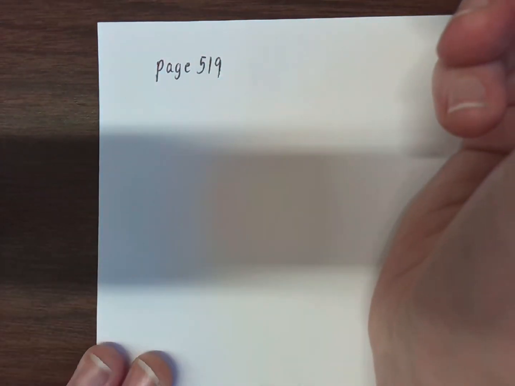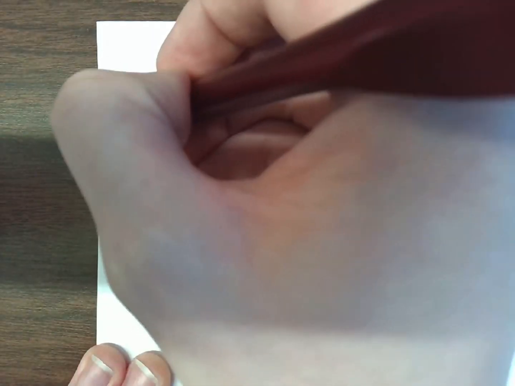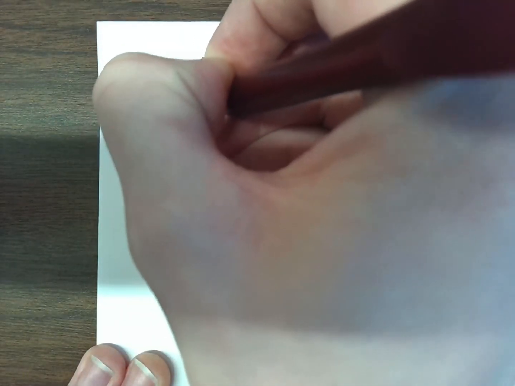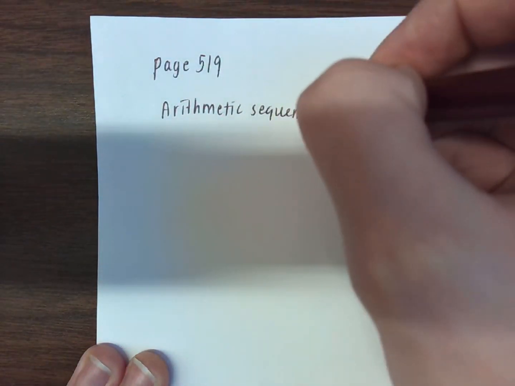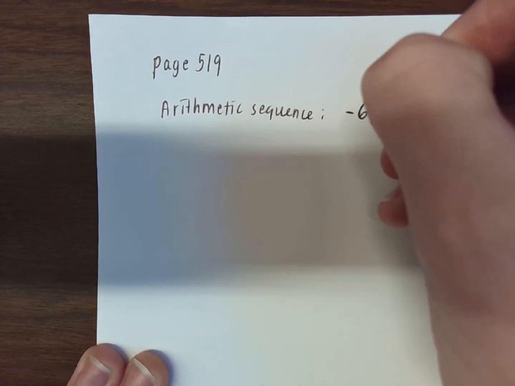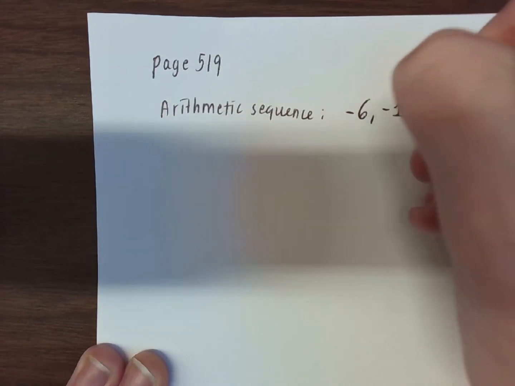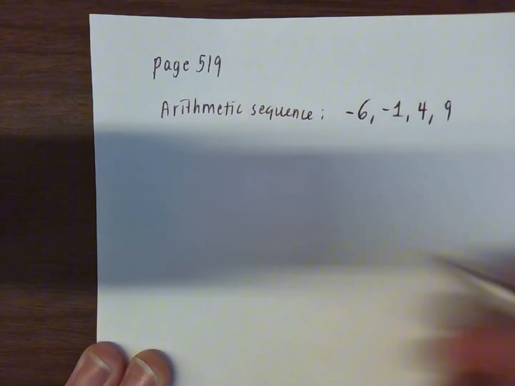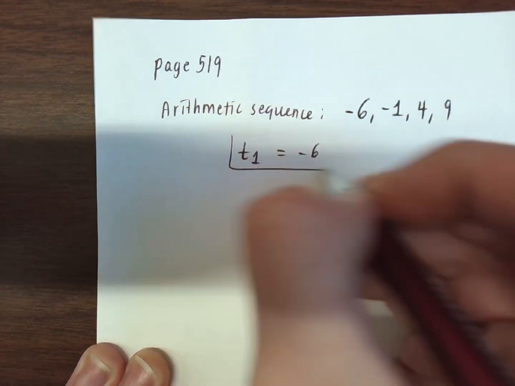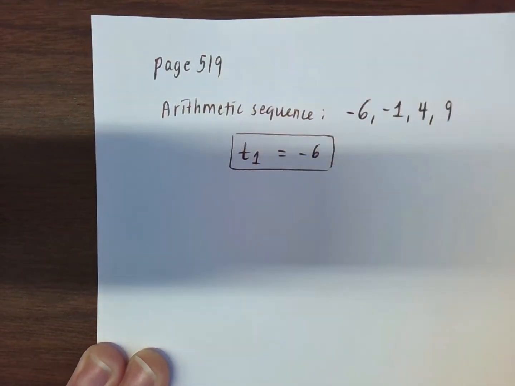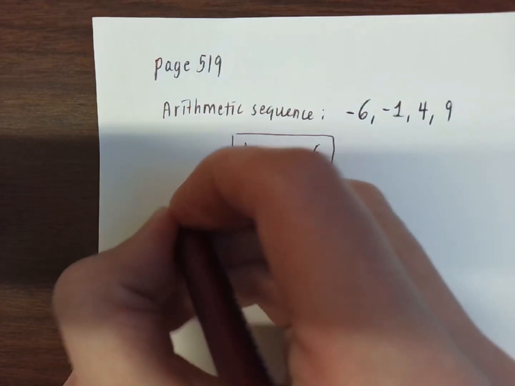What about if we look at page 519? Consider the arithmetic sequence which is -6, -1, 4, 9. Okay, well, my starting point definitely has to be -6, because I can see that's my starting point. Common difference,